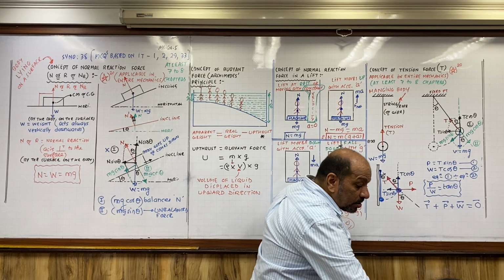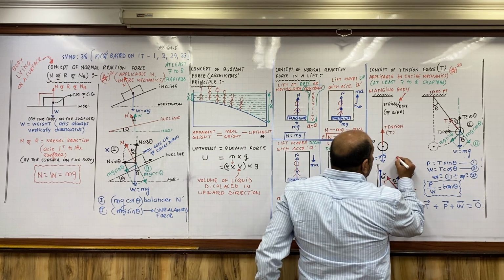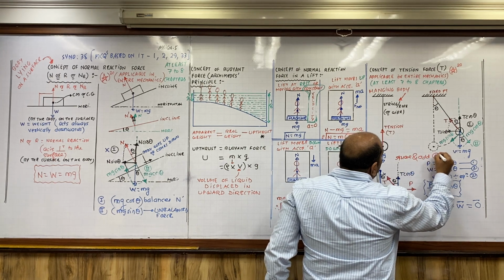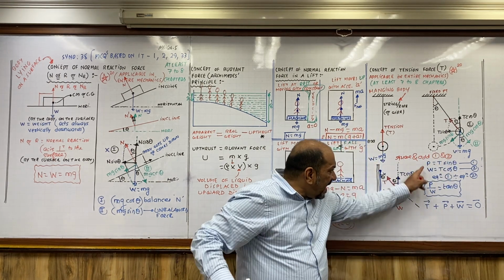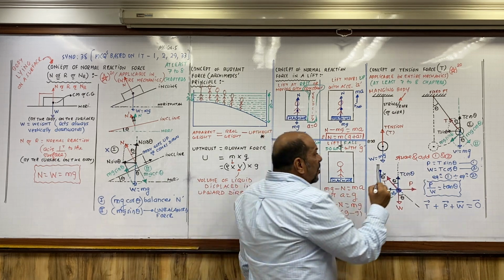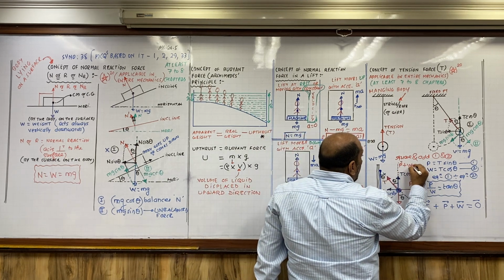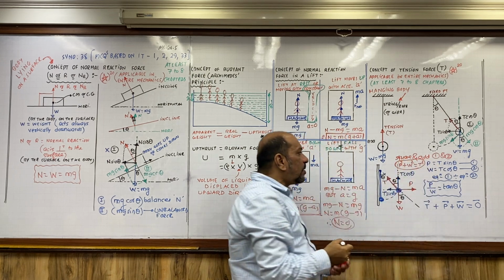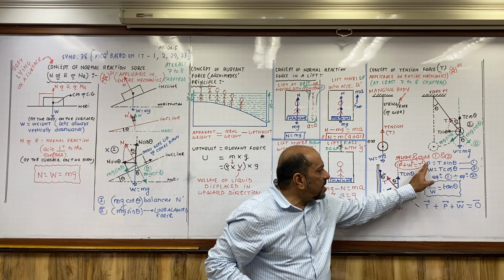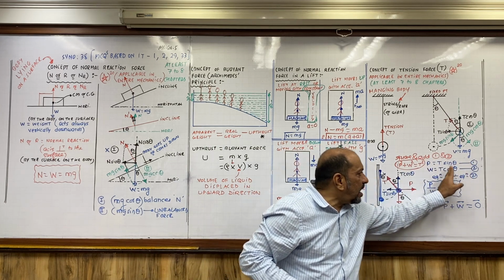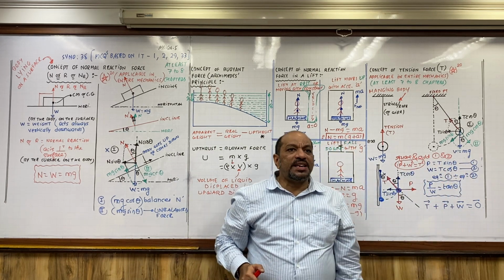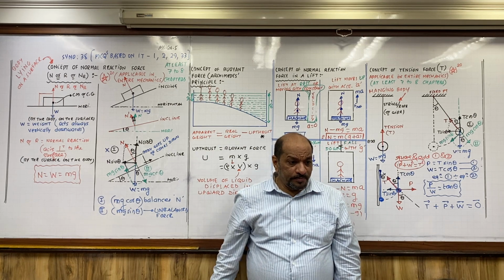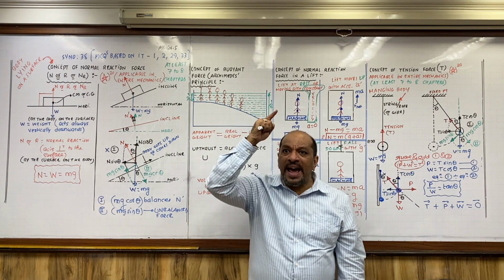अभी थर्ड स्टेटमेंट ध्यान से सुनो। What if I square and add equations 1 and 2? What will I get? Will I not get P square plus W square is T square? सोचो बेटा. P square plus W square is T square sin square theta plus T square cos square theta. T square sin square theta plus T square cos square theta is T square. थर्ड ऑप्शन करेक्ट है।